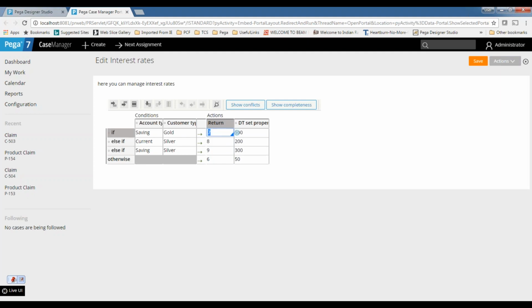Now while editing, you don't want to give full permissions when the development is over. You will generally delegate it to the business users. While delegating, you don't want to give full permissions. What are those conditions? I want to allow the user to just update the values, but he cannot add the new conditions. That is my requirement.